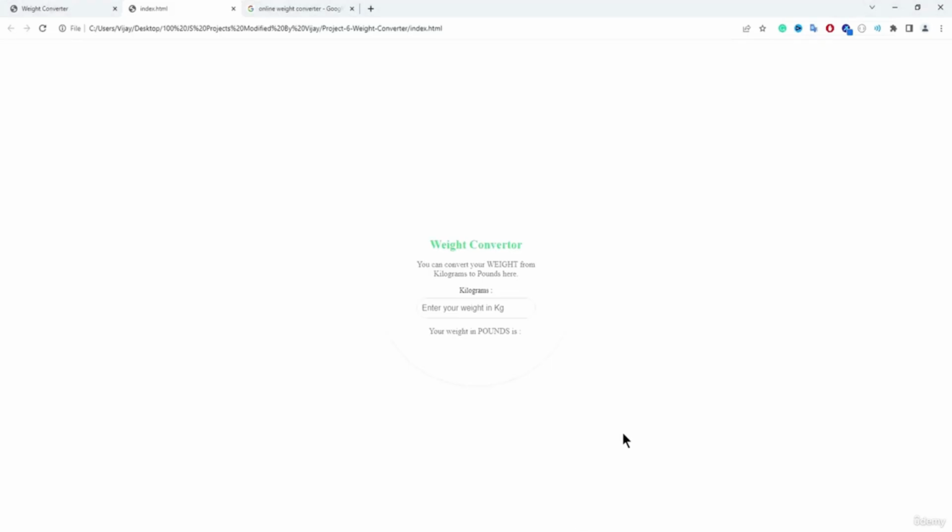So welcome back to this new module. From this module onwards, we are going to build the weight converter application. This will be the final version of the application that we are going to build in this entire module. You can see it has this rounded card-like structure that has this white circular structure and has a heading